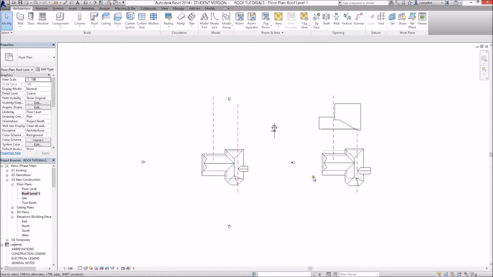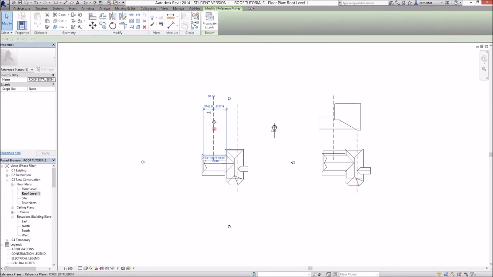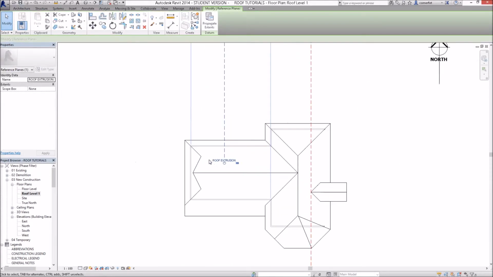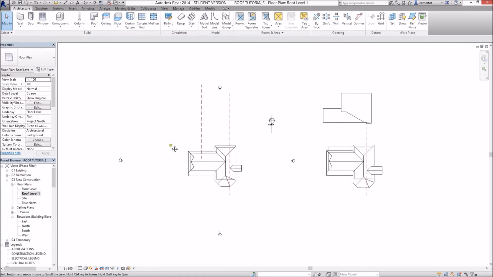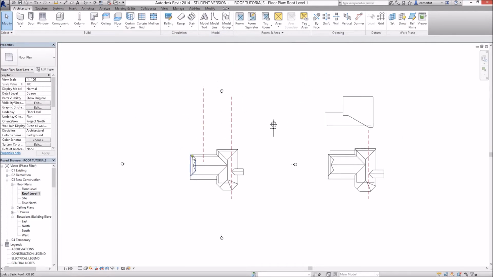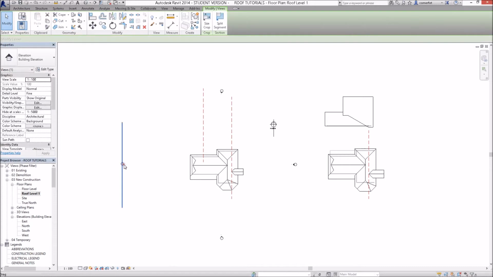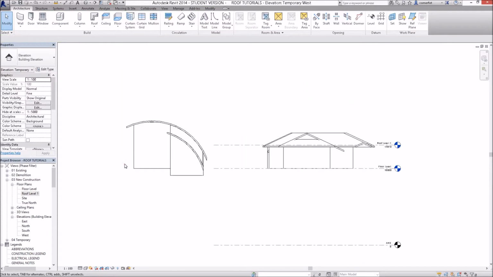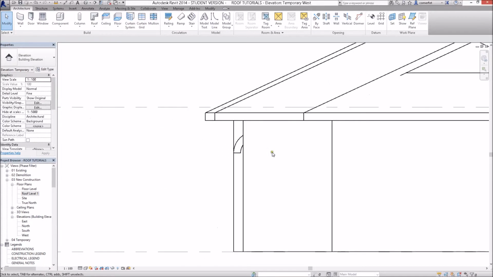If I go to roof level 1 again, I've created a reference plane here. To avoid confusion, I'll delete that reference plane. So I've created a reference plane there, and I've called that reference plane roof extrusion. I've given it a name over here, just so it's going to be easier to work with. So I can see that reference plane in this elevation view through here, so I'll work in that elevation view, turn that on, and we'll create this